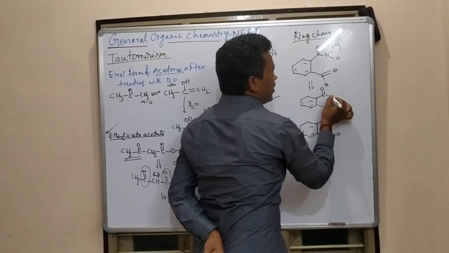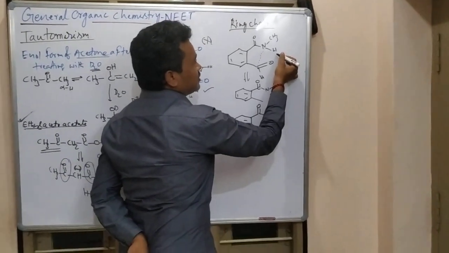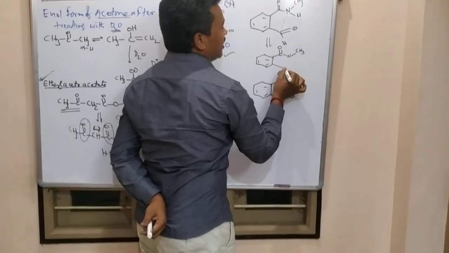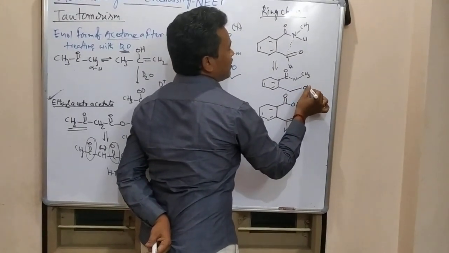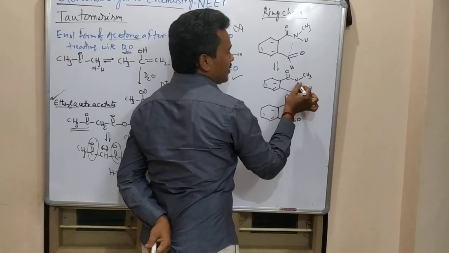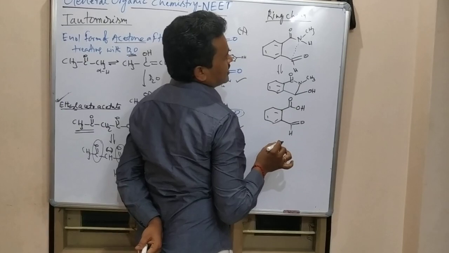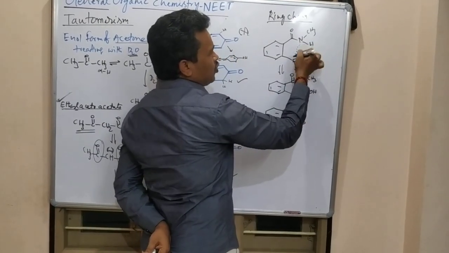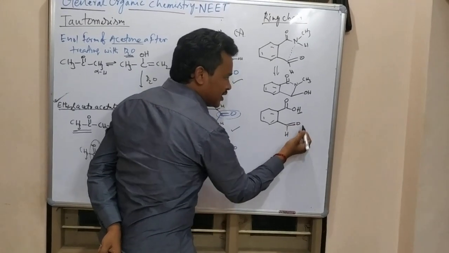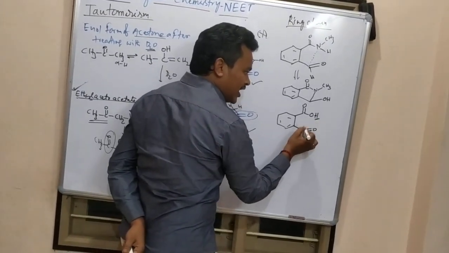See, double bond O, N. I am not going to disturb this one. This H plus is coming to OH. Here I am writing this O and H. This bond is going to break, and this H plus is coming here, making a new bond. Just H plus coming here, a new bond forming like the previous one. Similarly, this H plus can jump. This is the keto form, so this H is coming here. There is a new connectivity.